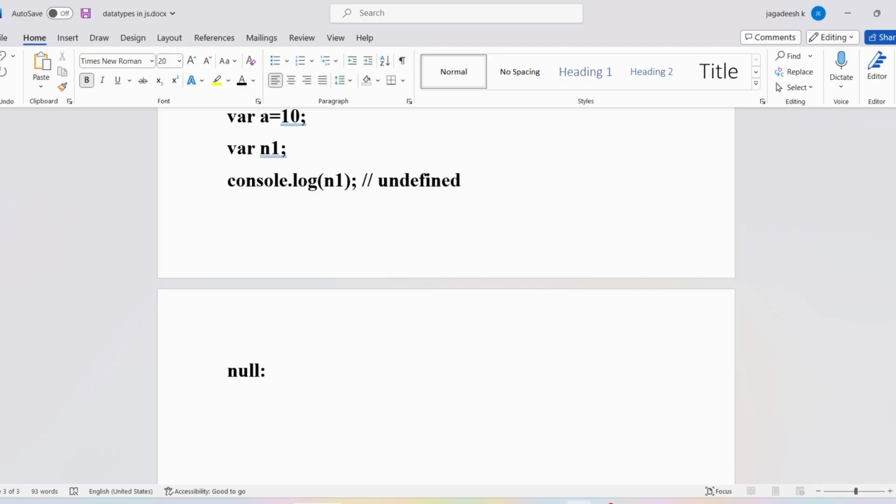Now let me discuss null. Null is a special value that represents an empty or unknown value. In a DBMS, while you are asking the user to insert data, the user may not enter a particular value. Suppose the user does not want to enter his age, he will not enter it, then it will be considered as null there. So similarly,